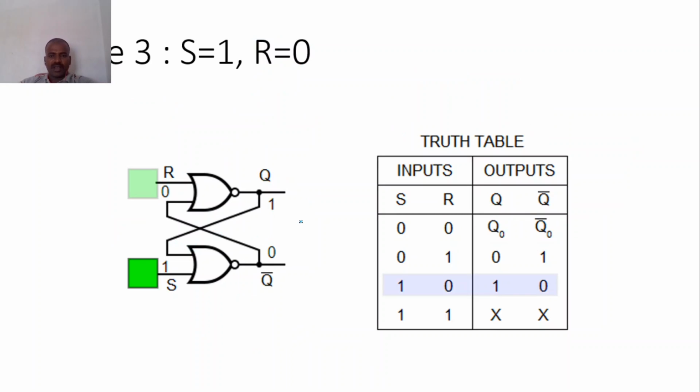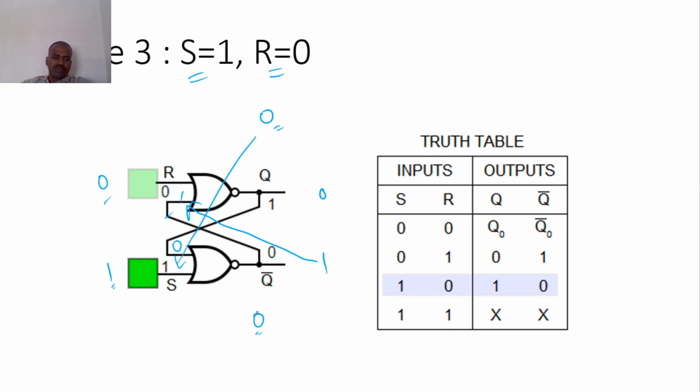And case number 3, S is equal to 1 and R is equal to 0. This is 1 and this is 0, and here I am going to assign my values as 0 1 first. So this one is coming here. Already here 0 is there, here 1 is there. In a NOR gate 0 1 gives 0. Now this 0 will come here. Already 1 is there, so 1 0 gives 0. No, the condition is not satisfied because here Q is equal to 0 and Q bar is also 0.